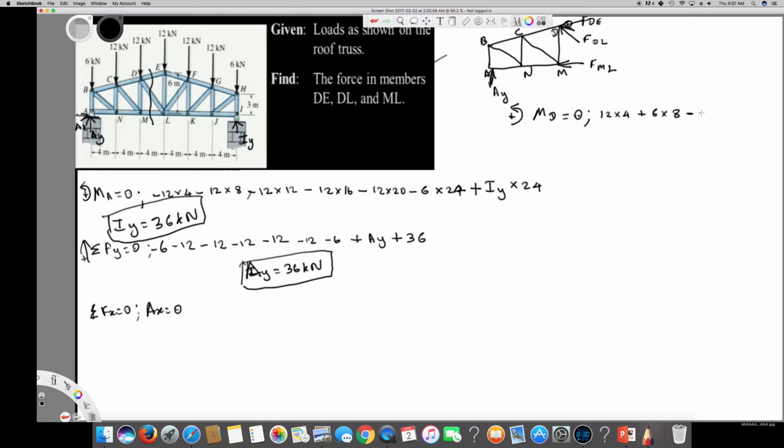It's minus, and we have found it 36 kilonewton times the distance, same 8,